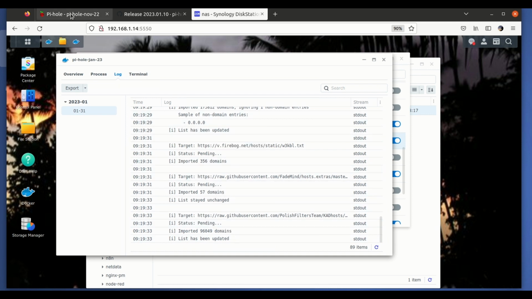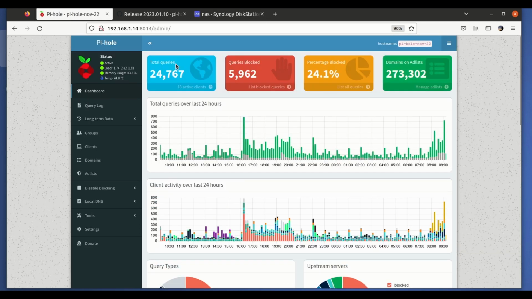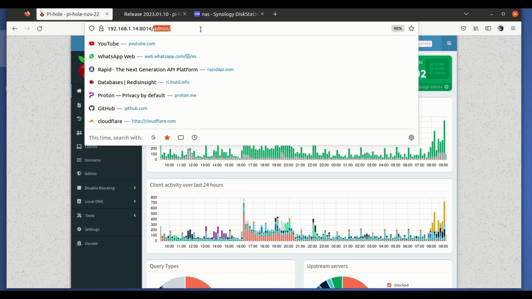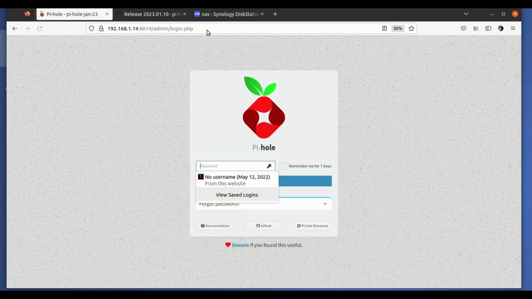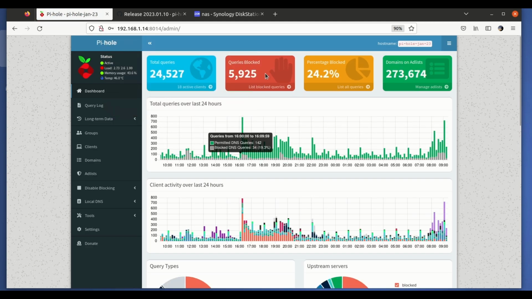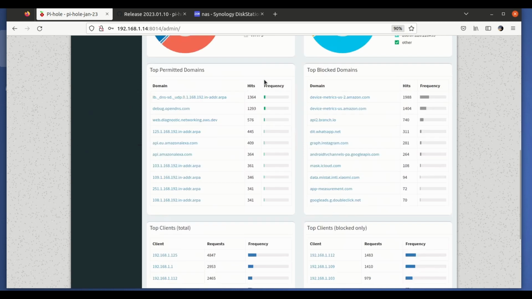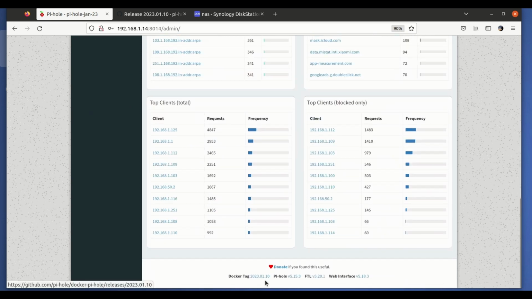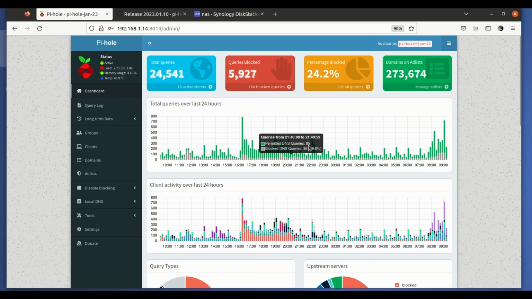And if we get back to the admin console of the Pi-hole, we need to enter the password again. And you will see that the message, well, obviously the screen is not going to be exactly the same because there is a new release. It is a new release of the image, and you will see that the image that is running now is the newest one. And that's all. I believe it's pretty easy to